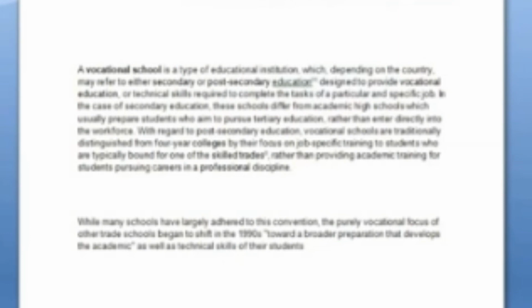Suppose I want 20 before. 20 before means 20 points before starting the paragraph, and after, I give 60. Then press Enter. This way it changes. Let's do it once more, 80 to 90. Press Enter. See, this is the after one and 20 is the before one.